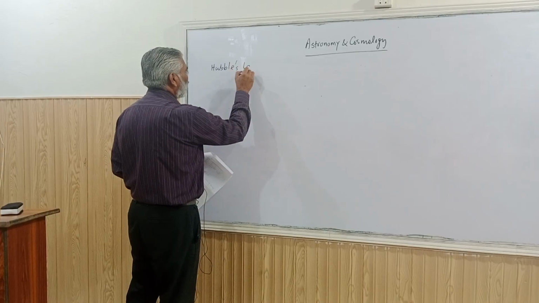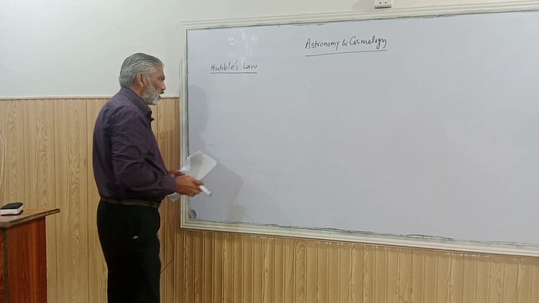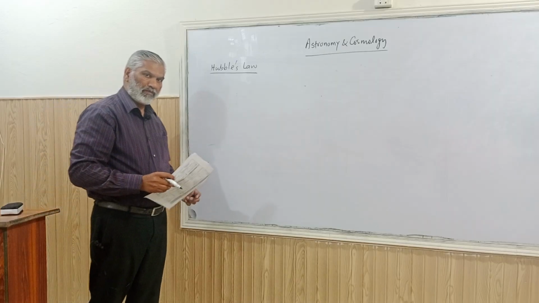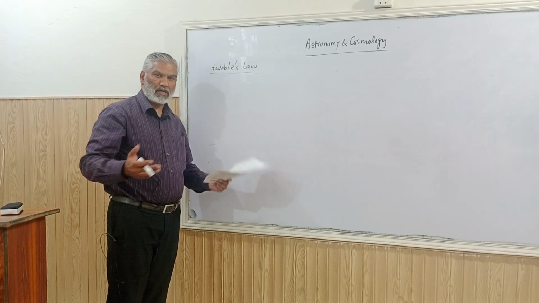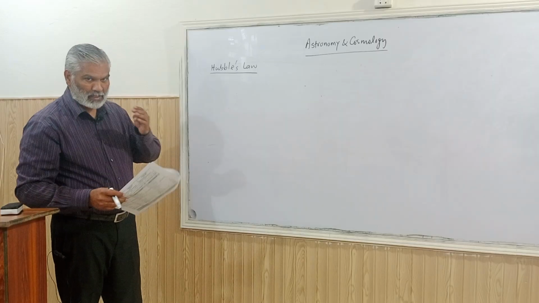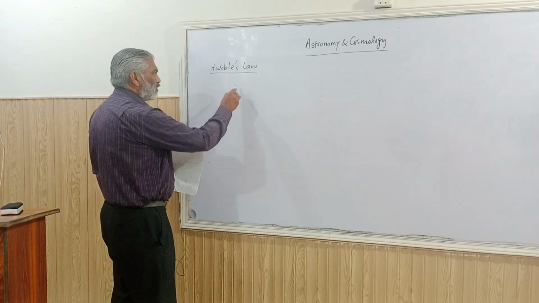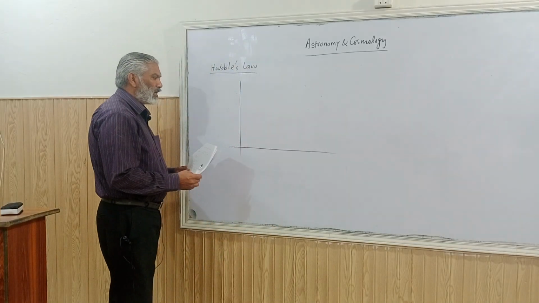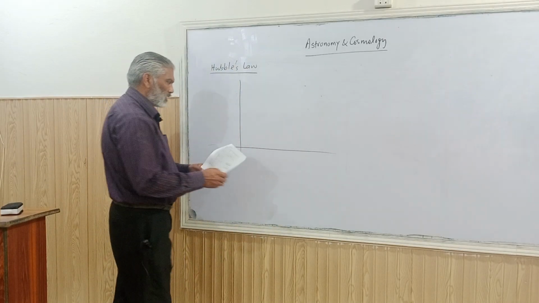So what does Hubble's law tell us? This again confirms that yes, things are moving away from us. Most of the stars and most of the galaxies that we have observed are moving away from us at a very large speed. And when Edwin Hubble observed a very large number of objects,